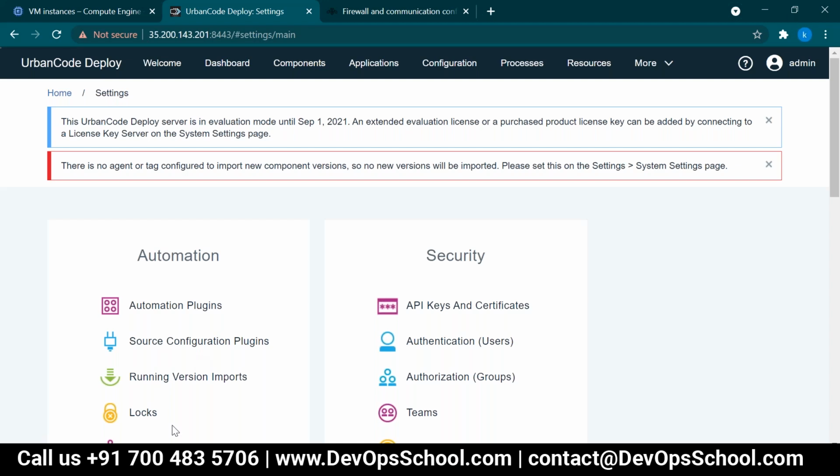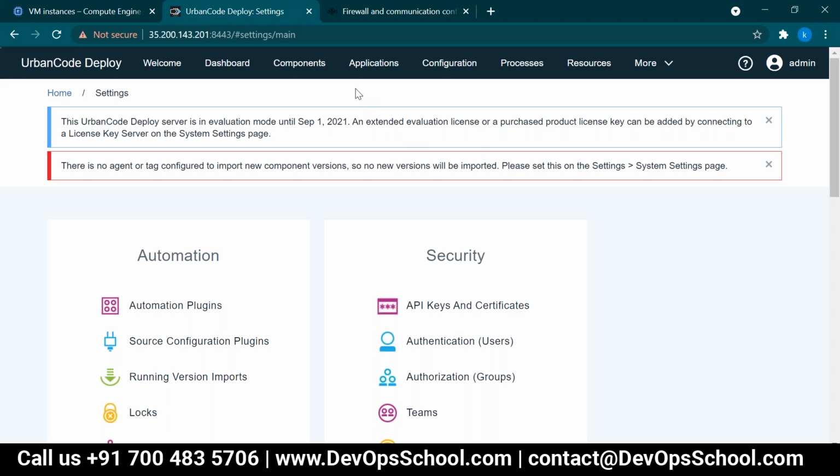Yeah, that's correct. Your task is that as a developer in the CI Jenkins tool, you build your war file and put it on the Artifactory. From Artifactory, my UCD has to integrate that. From there, I have to fetch that war file to the target server and then install my work. Interesting. Okay, like that it will work.